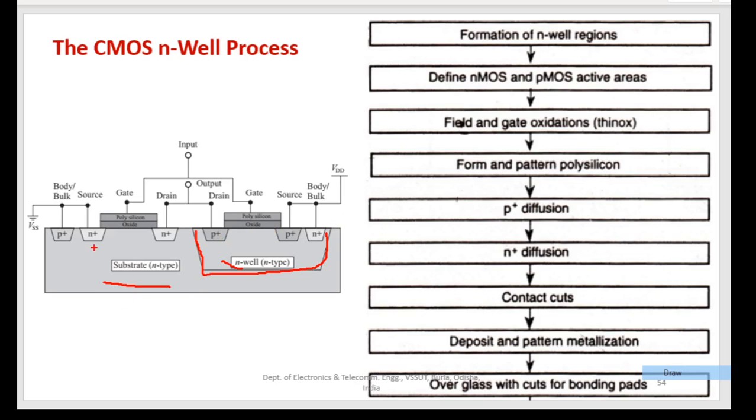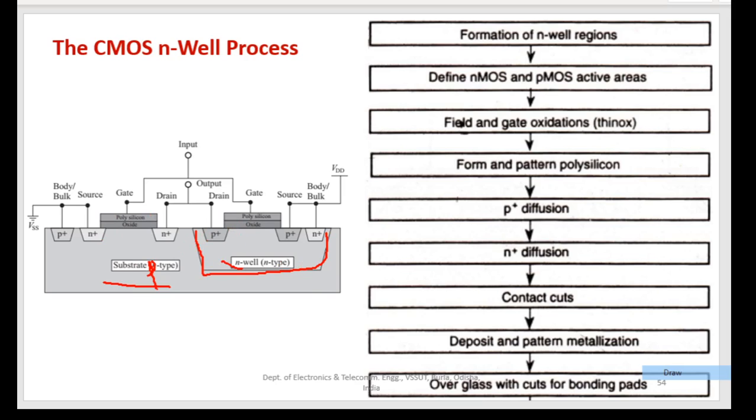And then let's say that NMOS is fabricated on this substrate itself, right? And again, why is it n-type? This should be p-type, this should be a p-type substrate. So this is the p-type substrate, this is the n-type region; the p-type contains the NMOS, the n-type contains the PMOS,